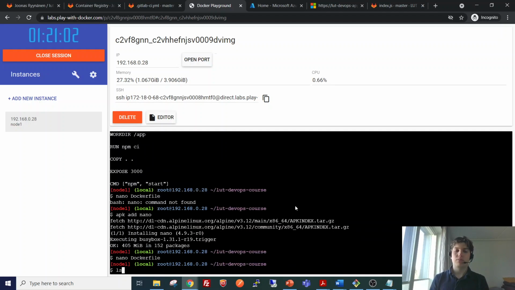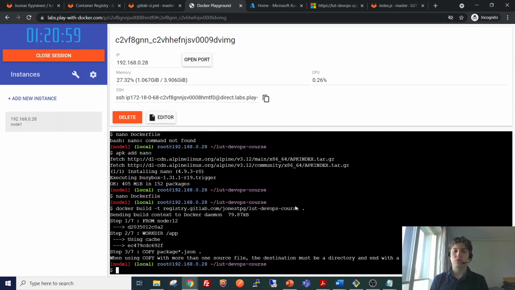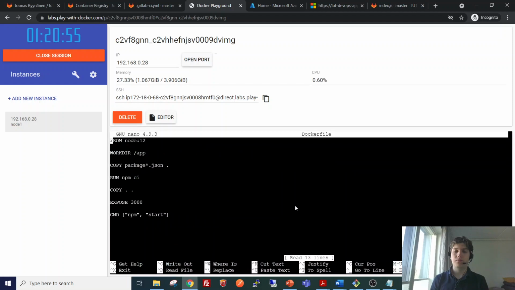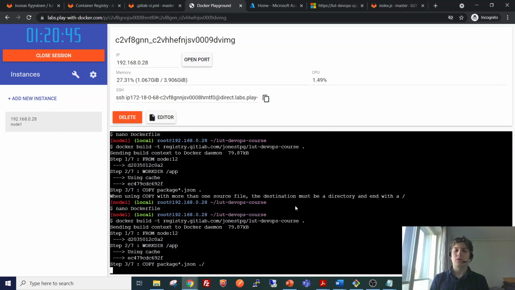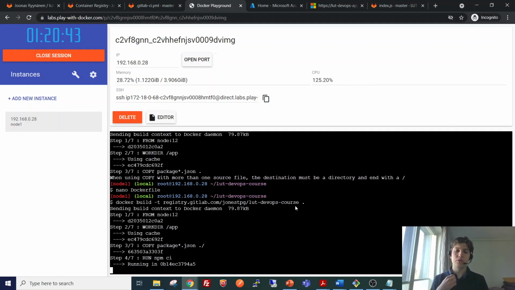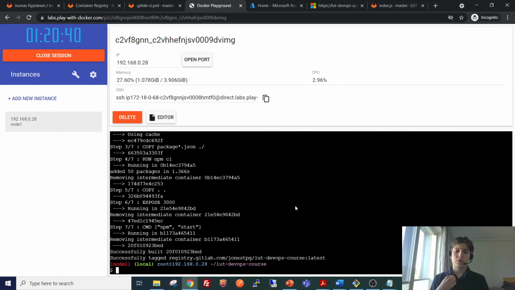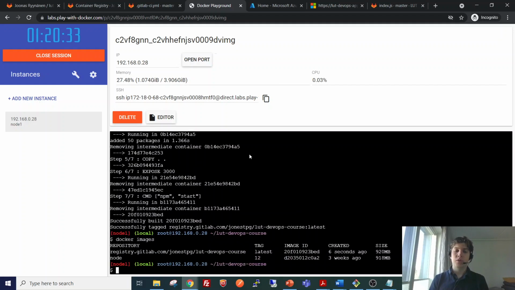Let's see if the build process now succeeds. Right, I have to do this. Then okay, now it seems to succeed. Yes, now when we see our images, we can find that our image has been built successfully.